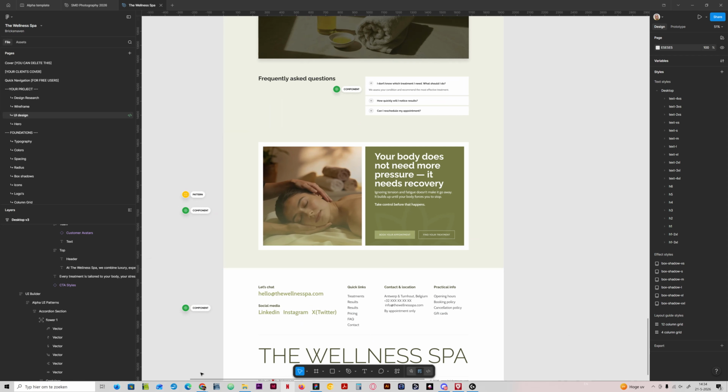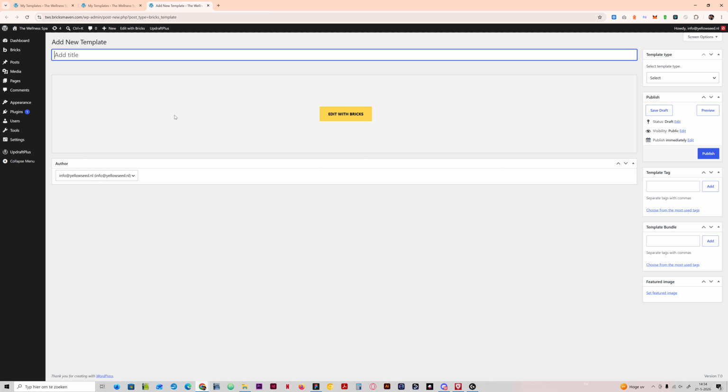So I'm going to go into Bricks and do some work here. So the first thing I want to do is I want to bring in that pattern. So that's a CTA. I'll call it CTA1